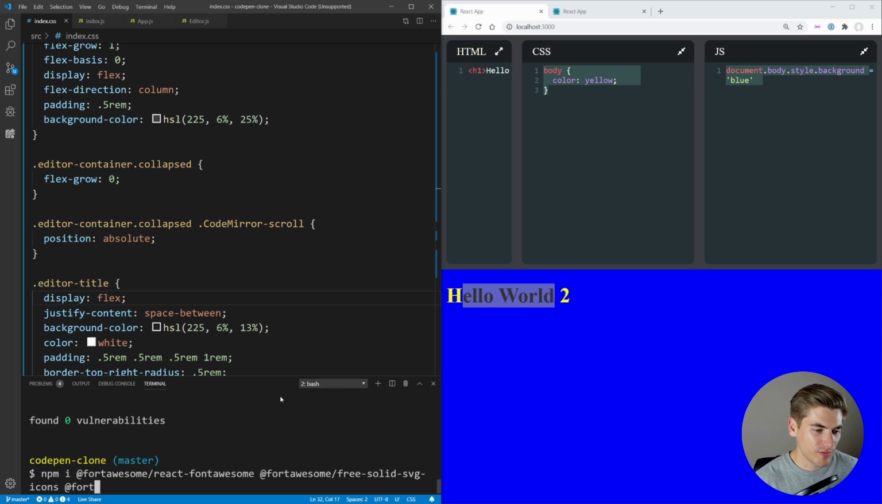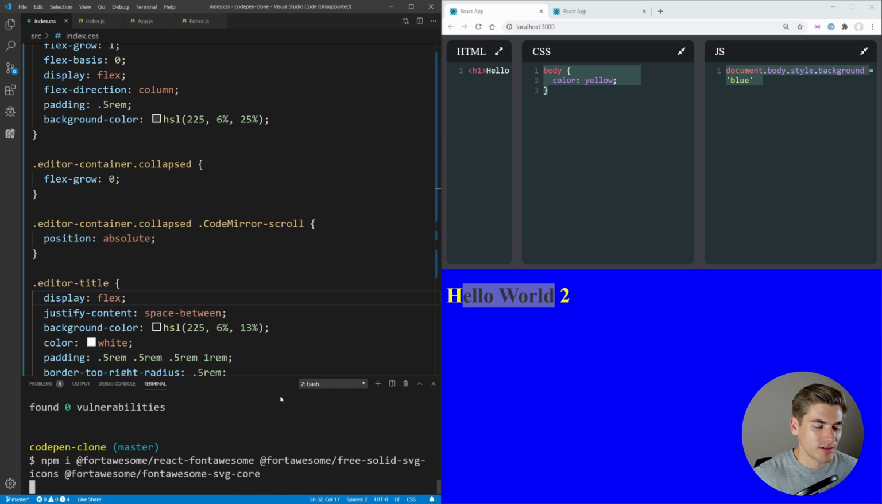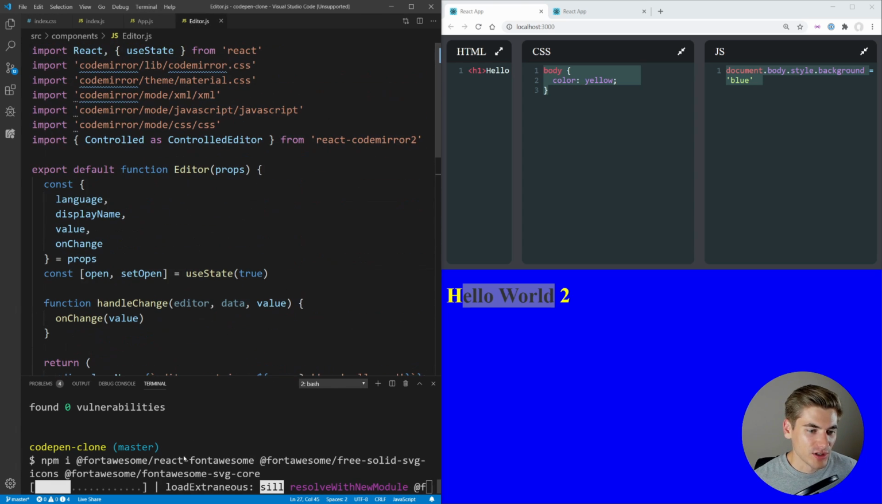And then finally, from fort awesome again, we want to get font awesome, oops, awesome, spell that correctly, SVG core. And this is essentially going to be the core library we need to actually render out all these different SVG icons. Now in our editor, we can actually use all of these different pieces to actually import these icons